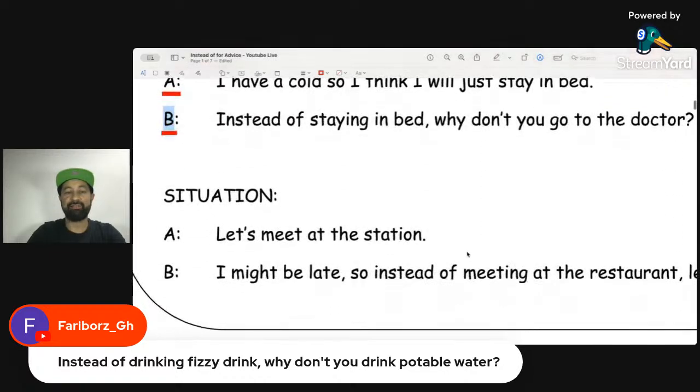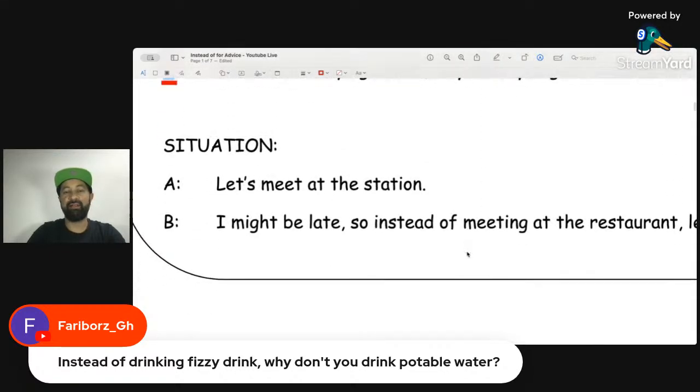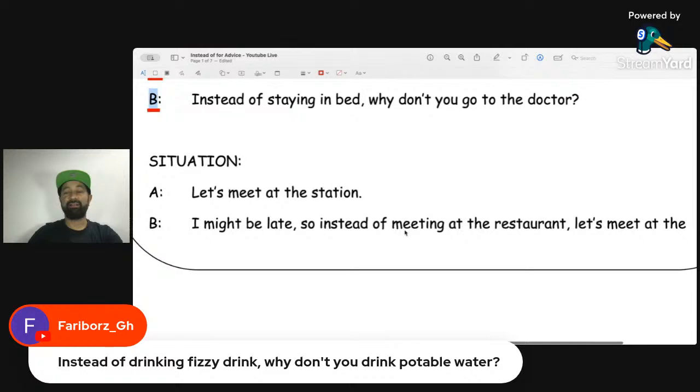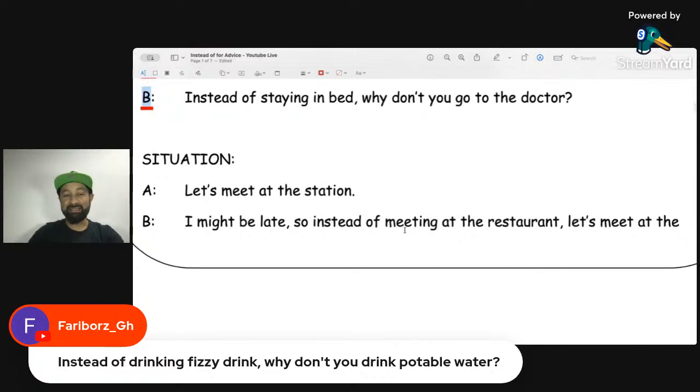All right, let's look at the next situation. Here we've got two friends, they're going to meet. So person A says, hey, let's meet at the station. Let's meet at the station. But person B, the friend says, well, I might be late. So instead of meeting at,